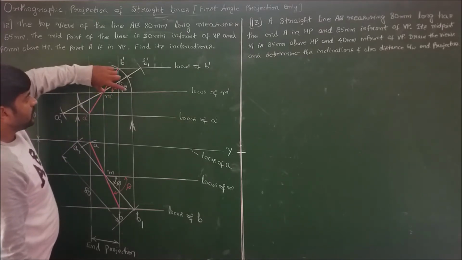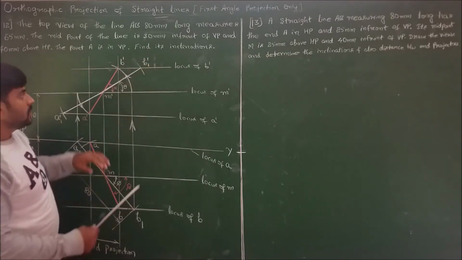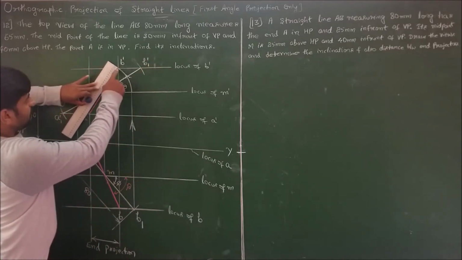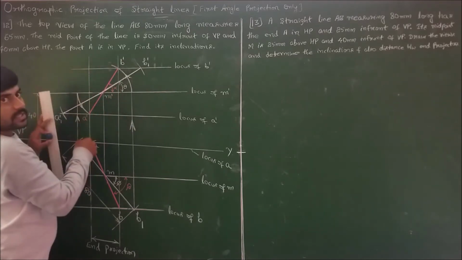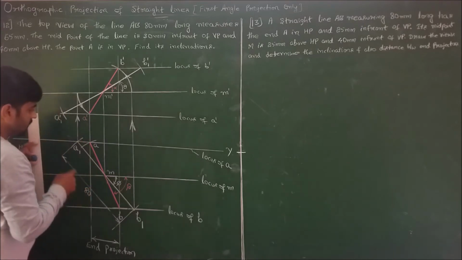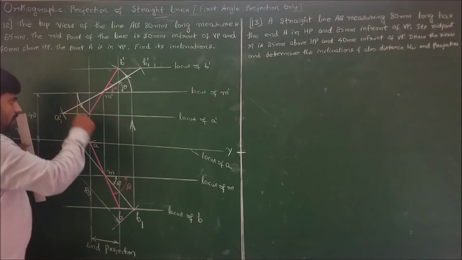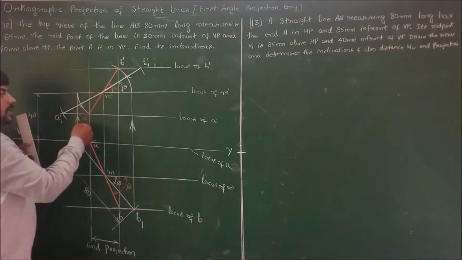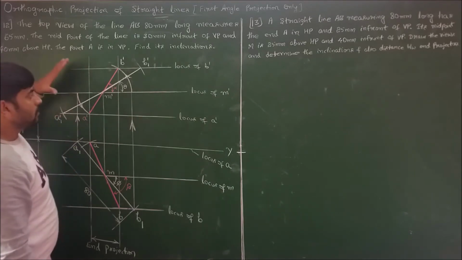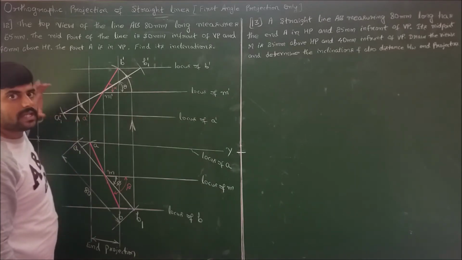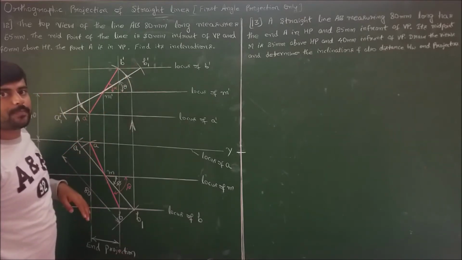So from here you measure and cut an arc. So thereby you got the locus of B dash. Now you measure this dimension and extend backward, or else you can directly extend backward to intersect the end projector, or the third variety is that from the other end of the true length, repeat the same procedure, drop a perpendicular and rotate backwards, joining which you will get the apparent length in front view. So thereby you got both the locus A dash and B dash. Now you can easily solve. 40 in front, 40 behind, connect and finish the problem.